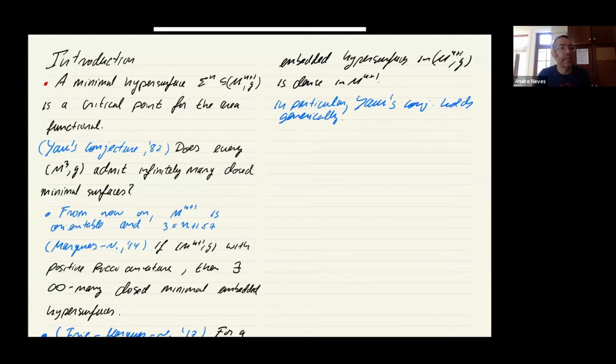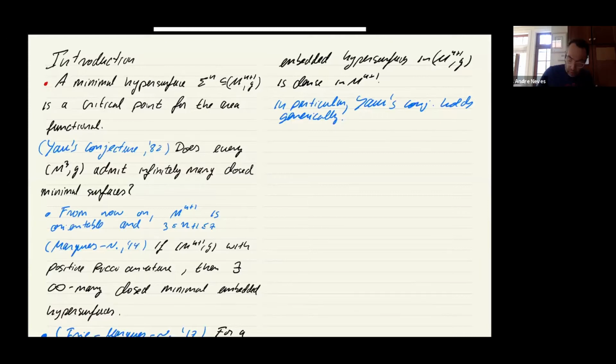By C infinity generic set, it's in the Baire category sense. The important properties are that if you intersect that set of metrics with any other generic set, you still get a generic set. And if you pick any metric and choose some epsilon, you can find a metric which belongs to that set and is within epsilon of the metric you picked in the C infinity topology.